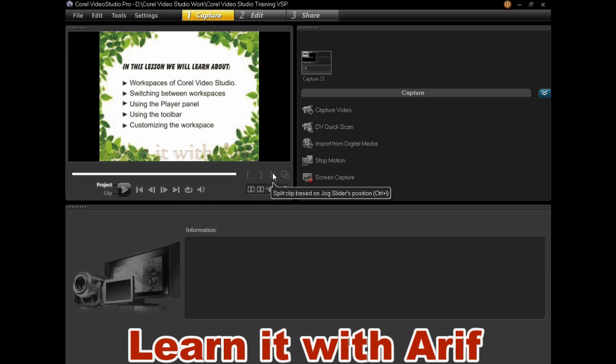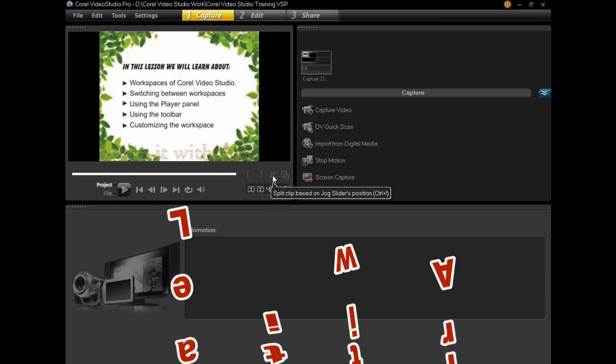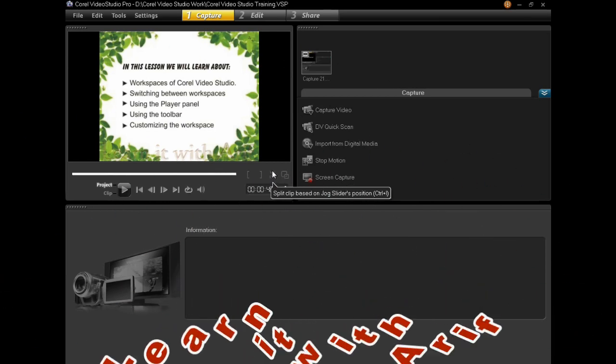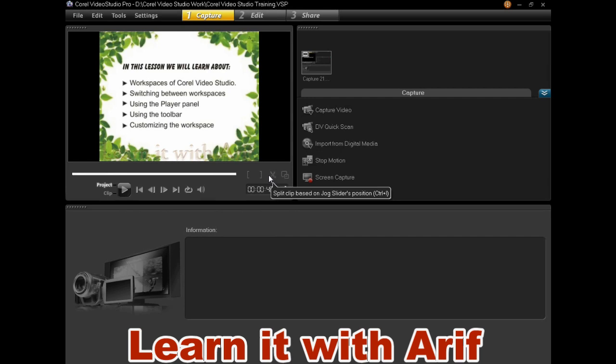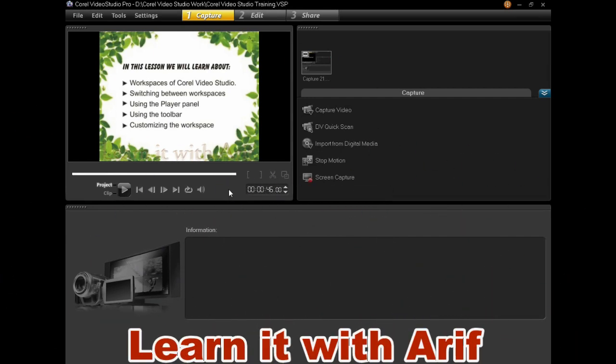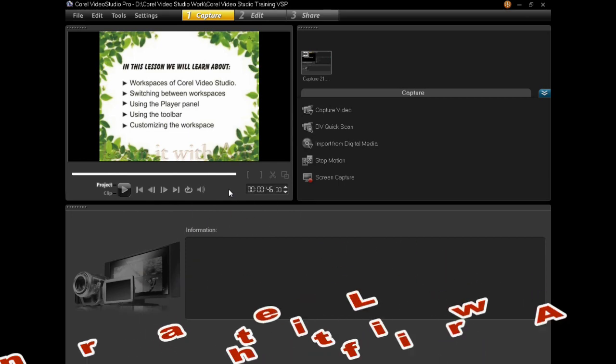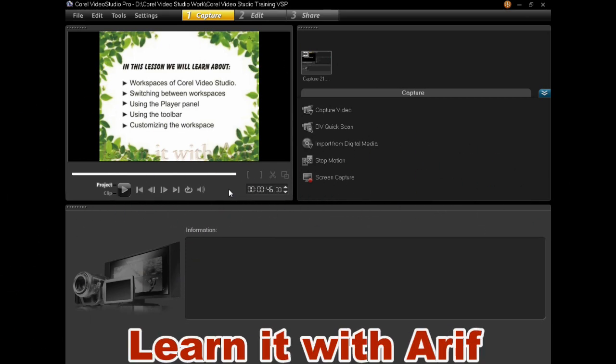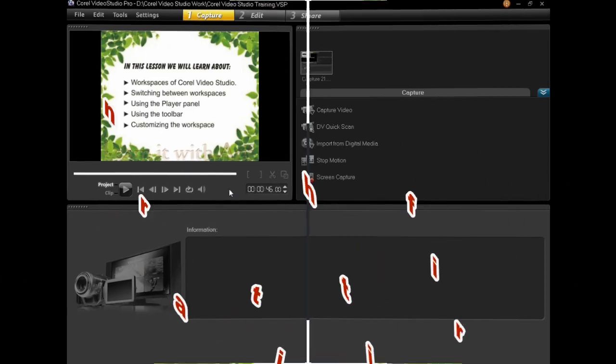Using this scissor button, we can trim a clip or a video. There are many more commands in navigation area which we will learn by and by.